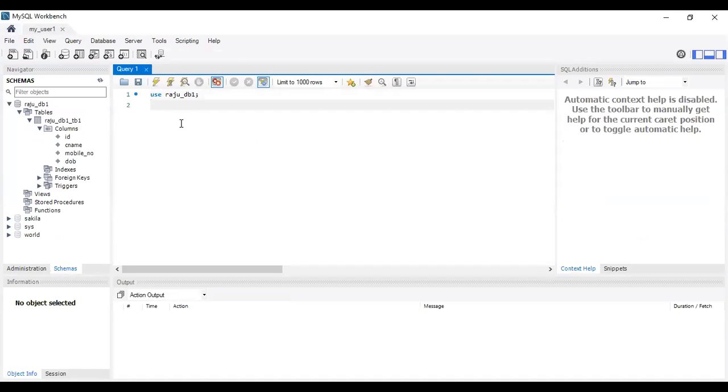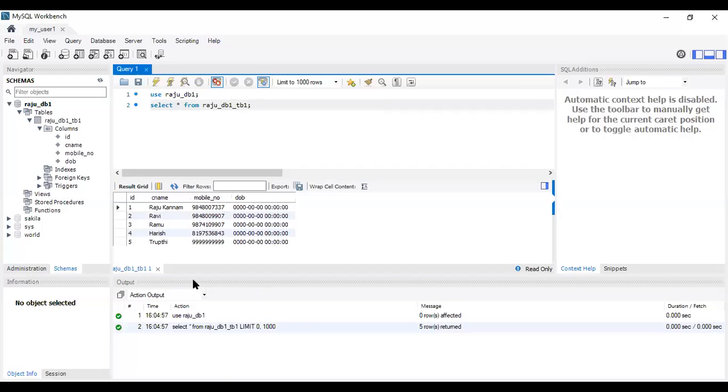Use Rajan for DB1 and select star from Raju for DB1. Okay, so these are the columns: ID, CNAME, mobile number, and DOB.